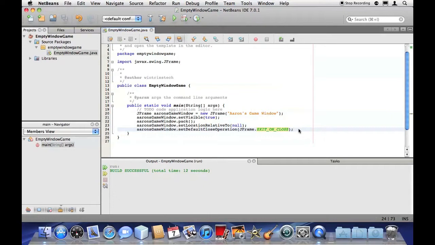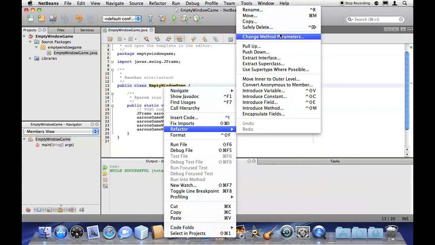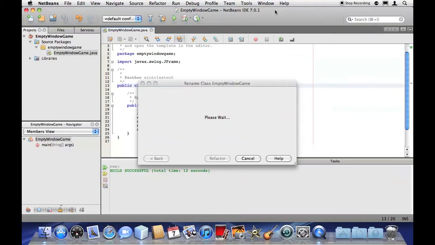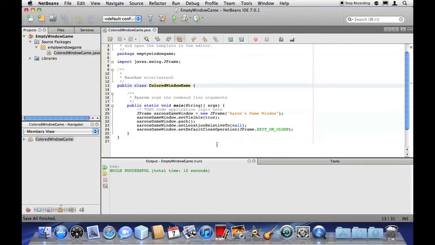Now that we have a window up, we want to put something into that window. And what we want in that window is the game that we're going to be creating. Here, mine's called Empty Window Game. I'm just quickly going to rename this. For today, I want to change this to be called Colored Window Game now, because it's not going to be empty anymore when we're done with it. Alright,